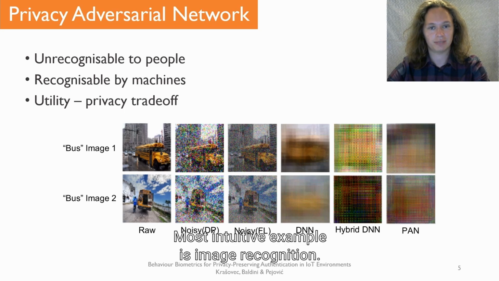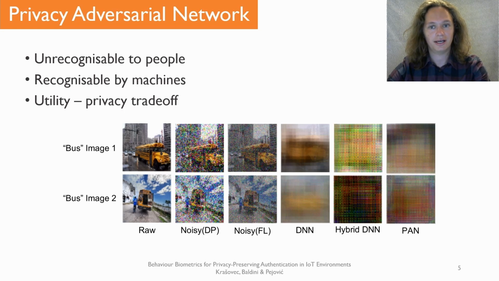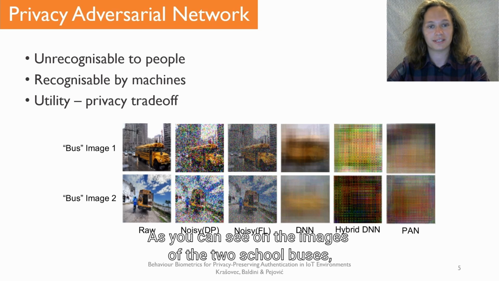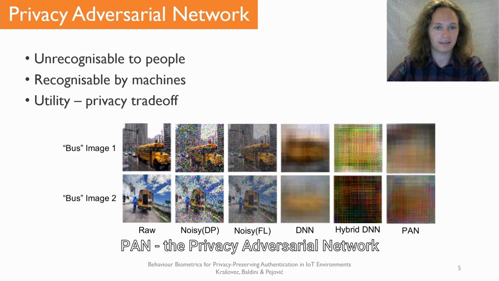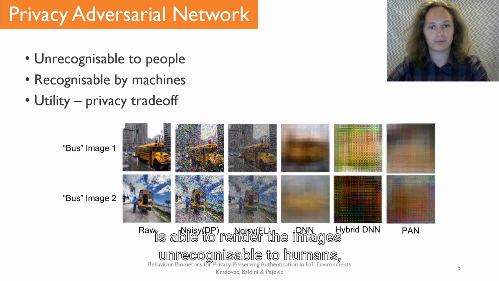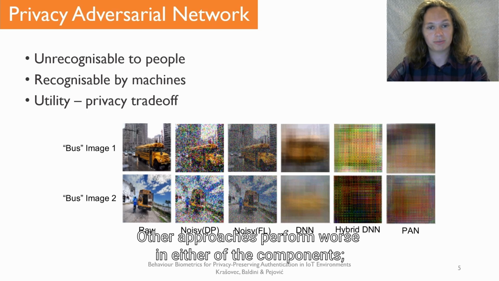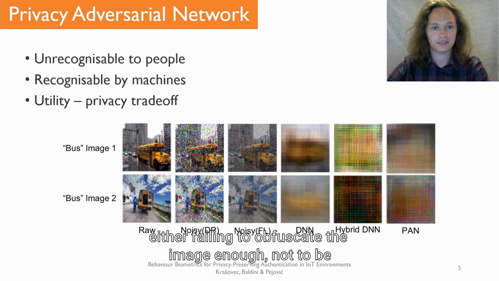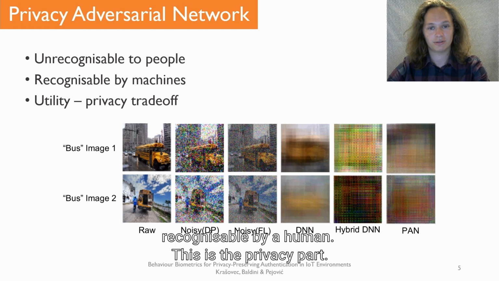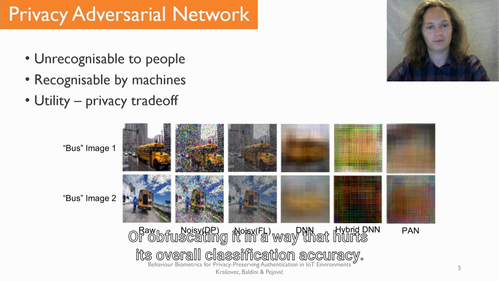The most intuitive example is image recognition. As you can see on the images of the 2 school buses, PAN, the Privacy Adversarial Network, is able to render the images unrecognizable to humans while preserving the feature space relevant for machine image recognition. Other approaches perform worse in either of the components, either failing to obfuscate the image enough not to be recognizable by a human, this is the privacy part, or obfuscating it in a way that hurts its overall classification accuracy,